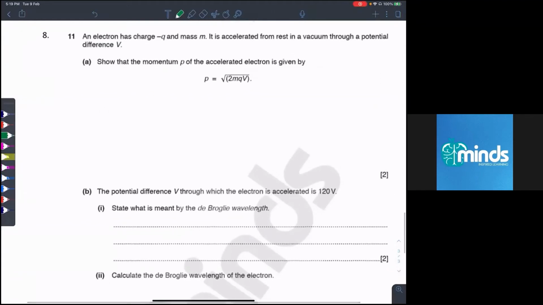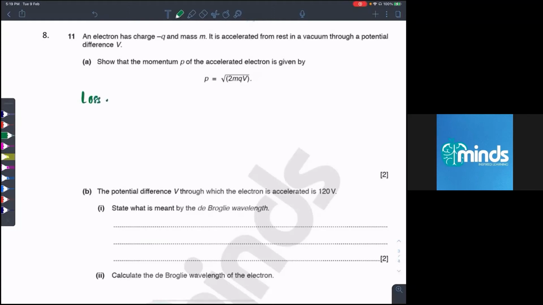So yes, Anas and Maham and Amna, were you able to prove the first part, that momentum is given by the square root of 2mqV? Okay, let me quickly explain. The question says an electron has a charge of -e and mass m, it is accelerated from rest in vacuum through a potential difference V. Show that the momentum p of the accelerated electron is given by, number one, remember,